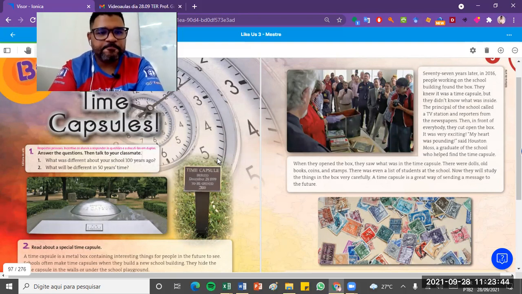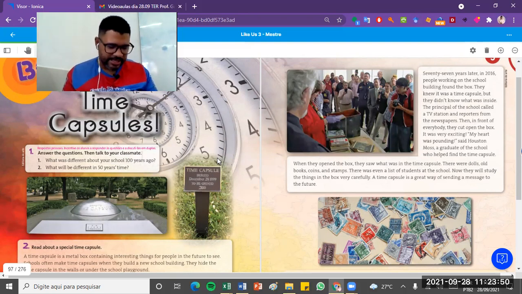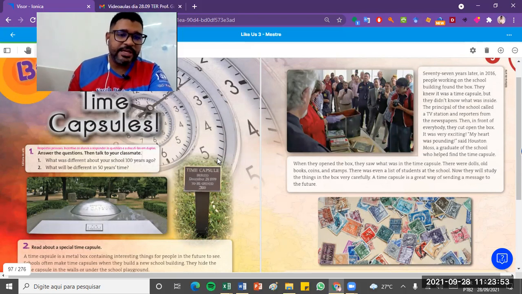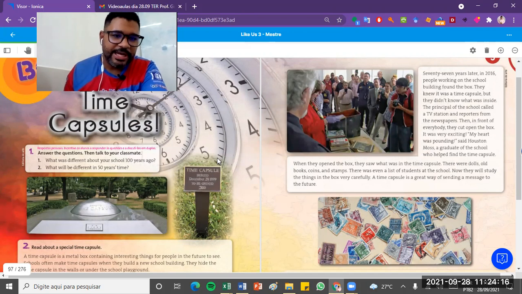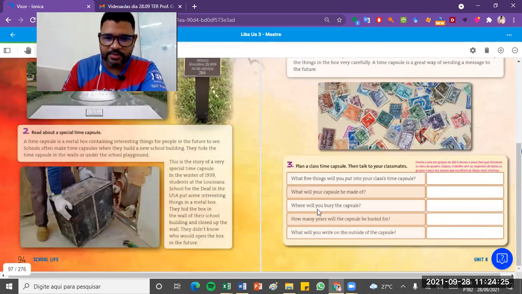E aí eles falam que vão estudar com cuidado a mensagem que eles querem trazer, porque esses materiais que foram deixados para a posteridade devem sempre ser estudados. Além disso, também está uma lista dos estudantes daquela época, porque sempre querem trazer uma mensagem para o futuro. As pessoas que deixaram aqueles objetos antigos sempre querem deixar uma mensagem para os estudantes da atualidade. Então, é importante a gente estudar o passado para entender o futuro, e ter o maior cuidado com relação a isso.